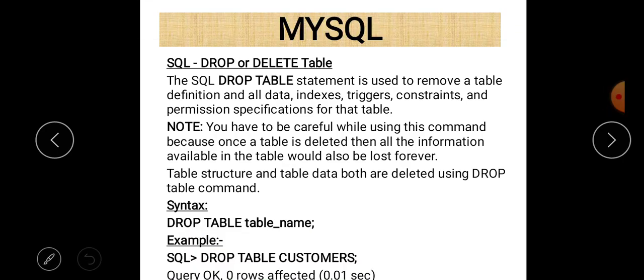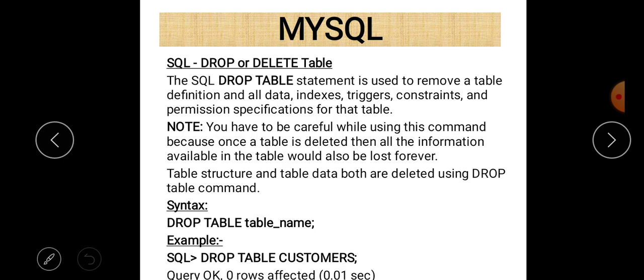When we talk about the DDL statement, it means that it is related to a table structure, and when we talk about the DML statement, then it simply means that we are talking about manipulation or retrieval of the data in a particular table. So drop and delete table are basically two commands that are used to delete the data. And here drop command is considered as a DDL statement, and delete is a DML statement.